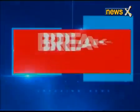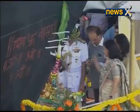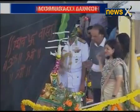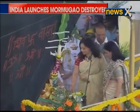Breaking news which is coming in. Well, India today has launched Mormugao, which is the second destroyer of Project 15B with the displacement of 7,300 tons. Well, Mormugao spans